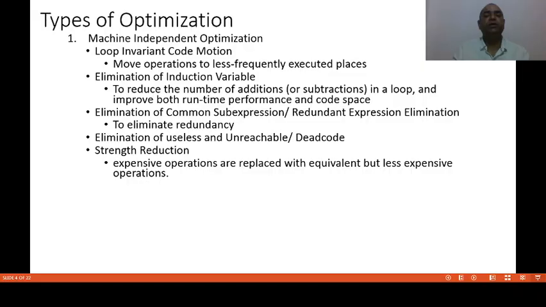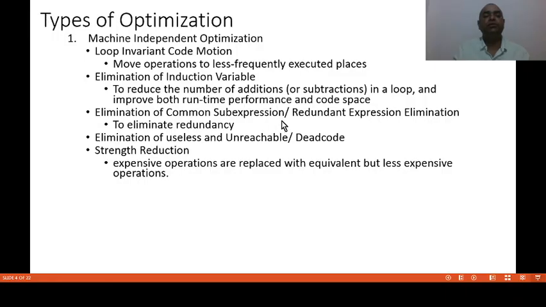Elimination of induction variable. It is to reduce the number of additions or subtractions inside a loop and improve both runtime performance and code space. Now, elimination of common sub-expression or redundant expression elimination.